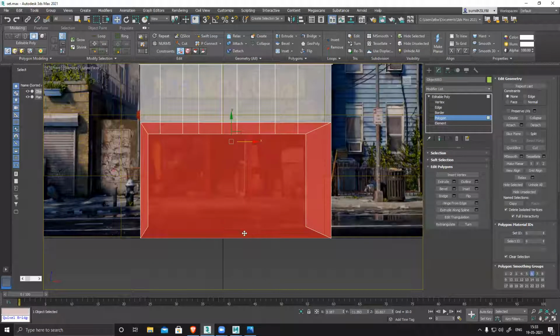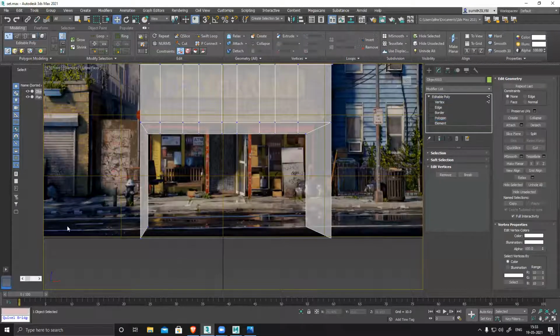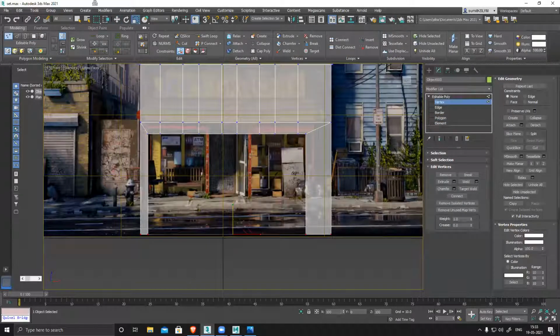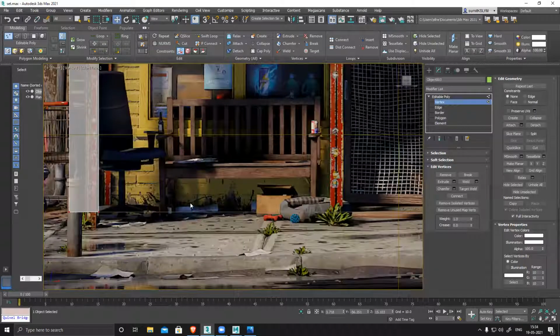And this base, if I want, I can delete it. But if I want, I can keep it also. I can delete and keep it like this. Select them. Make it a perfectly straight line. Push it and keep it there. See?